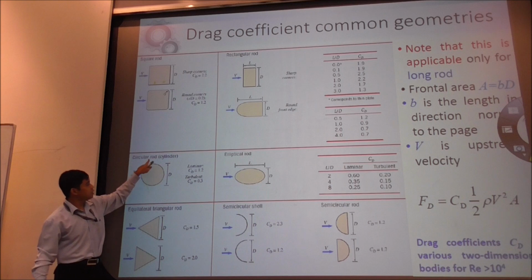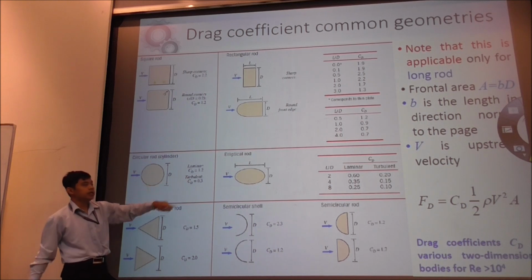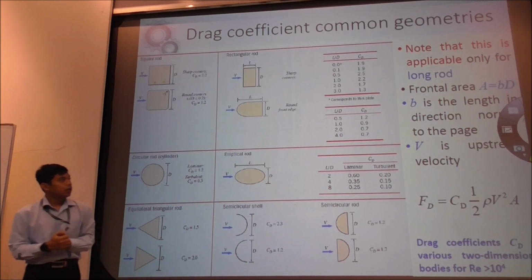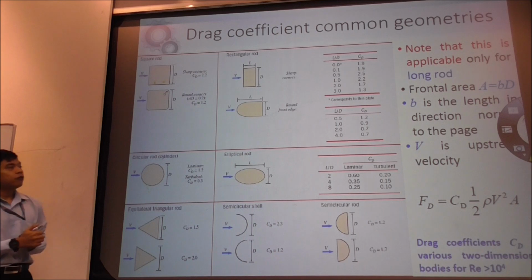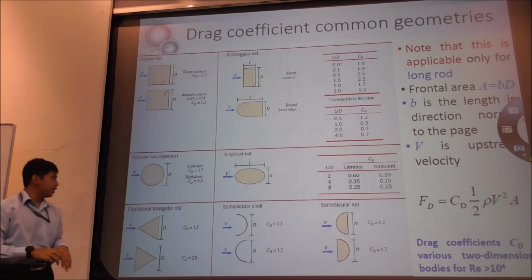Just take this one as the circular rod. For laminar, the drag coefficient is 1.2. For turbulent, it is 0.3. So as simple as that, right? But this one is only for a long rod. I put that in red and blue, right? And the frontal area,